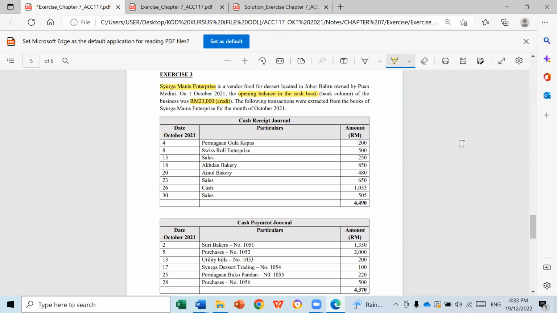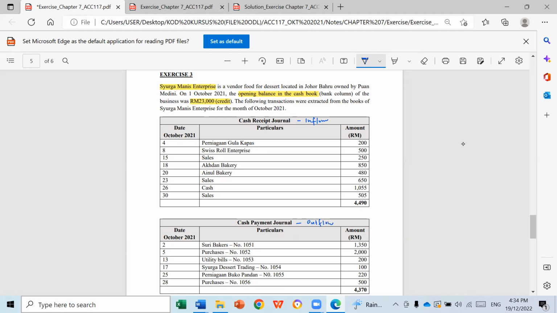Next, the following transactions were extracted from the books of Sugar Manis Enterprise for the month of October 2021. This time around, we are given the transactions in the form of a cash receipt journal and a cash payment journal. Recall what we have learned in the books of prime entry. The cash receipt journal is to record the inflow of cash, while the cash payment journal is to record the